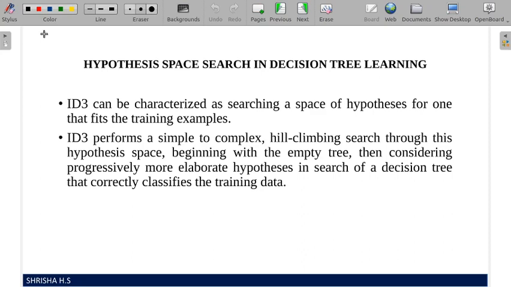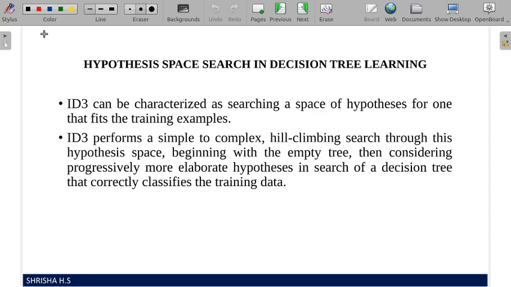So ID3 performs a simple to complex search. Simple means if you have only a root, it is a very simple tree, or a root and two nodes. We go from the empty tree and go on constructing a bigger tree. It is simple to complex hill climbing because one by one, from a very easy empty tree, we go on constructing and adding nodes.